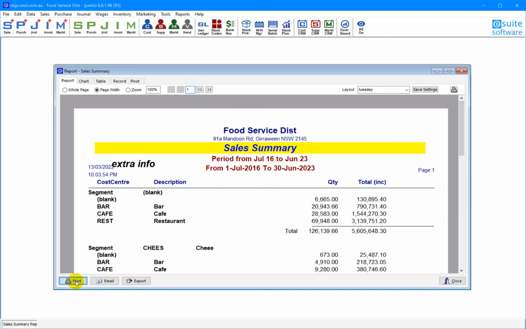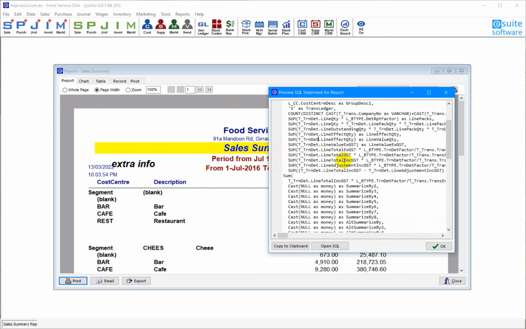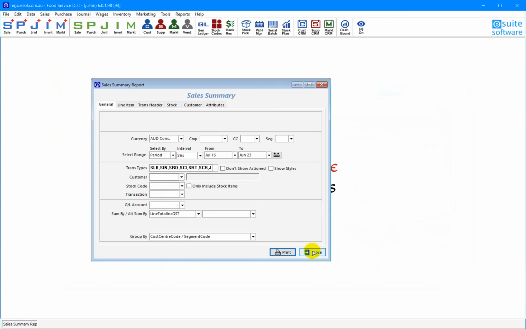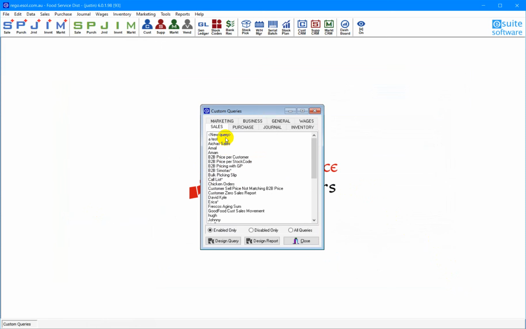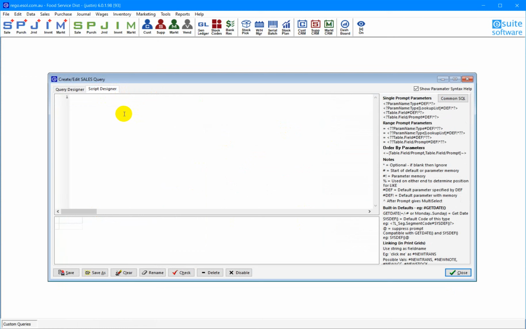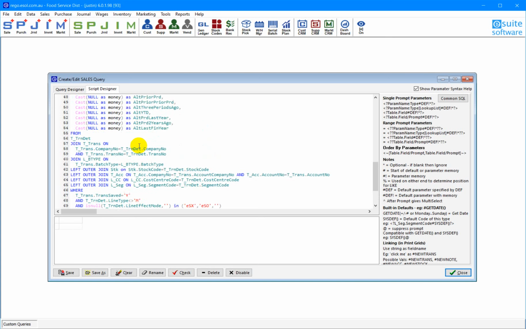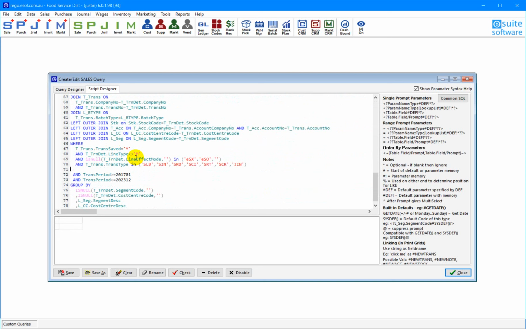But within eSuite, all of our reports have got embedded SQL. So this is the raw SQL command that is used to produce the data in this report. Now I can copy this SQL to the clipboard and go into the System Settings, Design Custom Queries, and go in here and paste that SQL into this script. And then I can customize this, and I can, for example, let's add a date range,